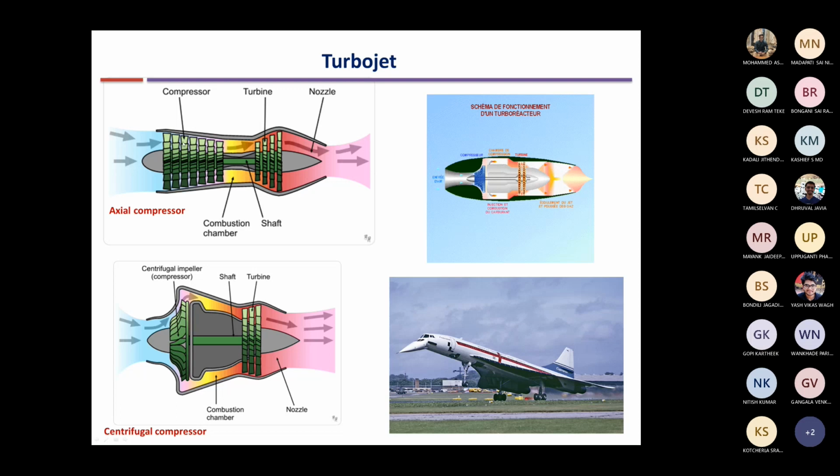One is known as axial compressor and the other is known as centrifugal compressor. Okay. So what is the distinction between axial and centrifugal compressor? The name itself is sufficient to make us understand. Axial compressor means that the flow direction will be in the axial direction and the compression occurs in the axial direction. Okay. So the flow comes in axially.